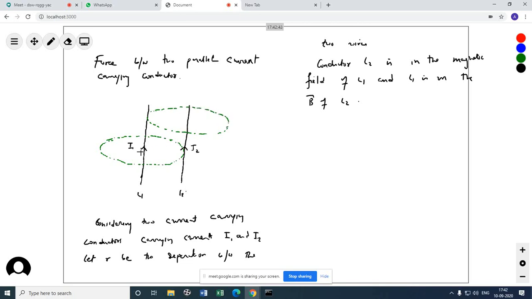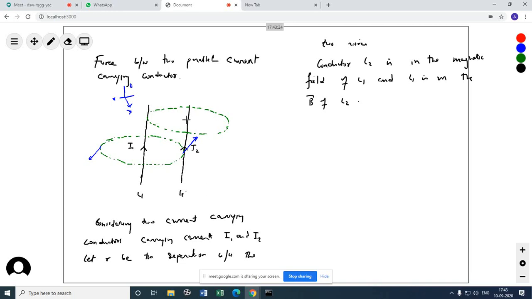Now you can notice, this is I1. If I use the right hand grip rule, the thumb gives the direction of the current and the curled fingers give the direction of the magnetic field. I see the magnetic field in this case is this side, right? And here the magnetic field is going inside. Imagine this to be a little bit inclined, okay? Little inclined. That means the axis is something like this. The axis of the projection is something like this way. This is X, let's say this is Y, this is Z. So something inclined like this, understand? Not exactly on the paper. So it is going into the page.